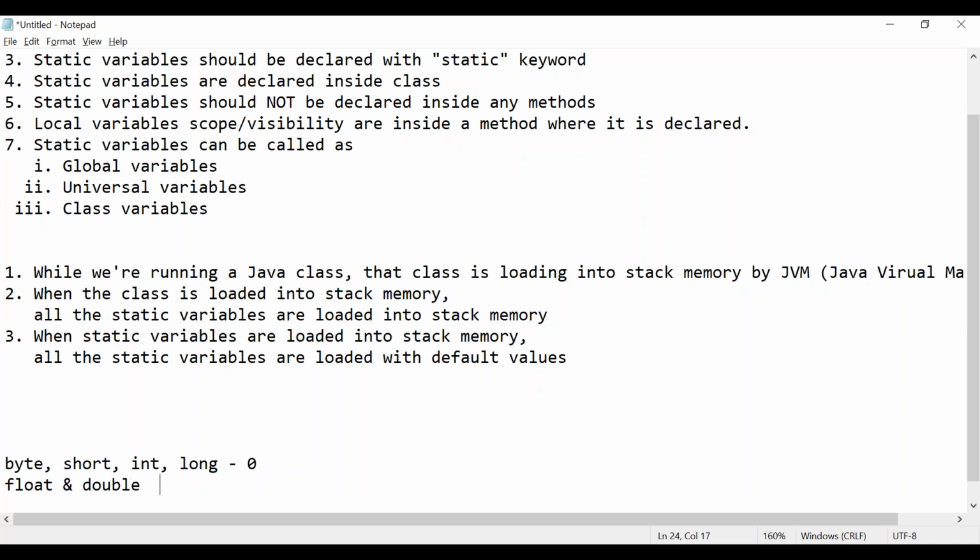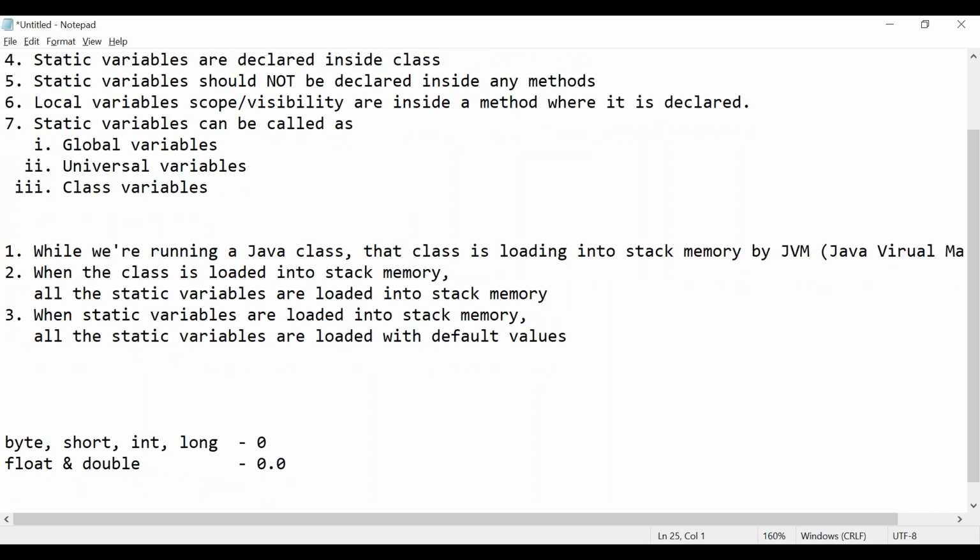Float and double are used for storing floating point values. The default value is 0.0. What about boolean? Boolean default value is false.